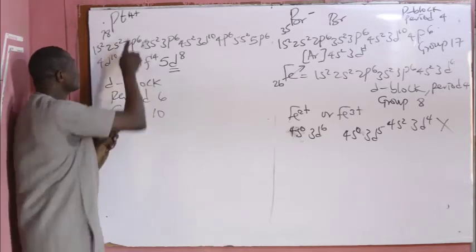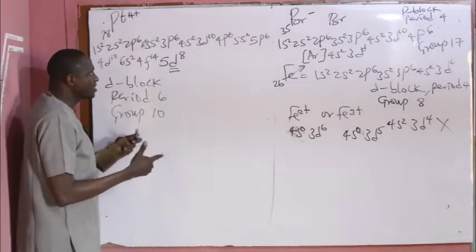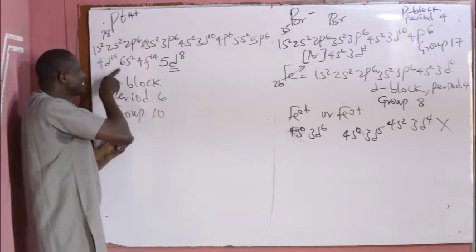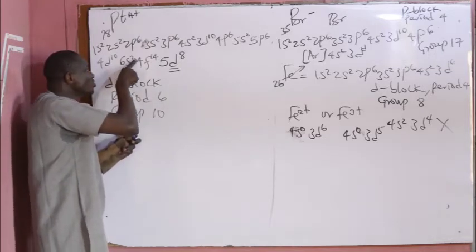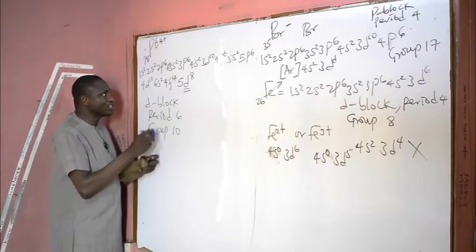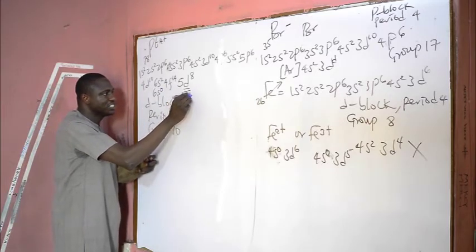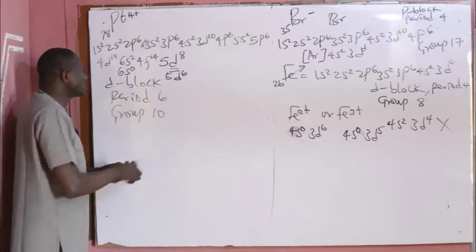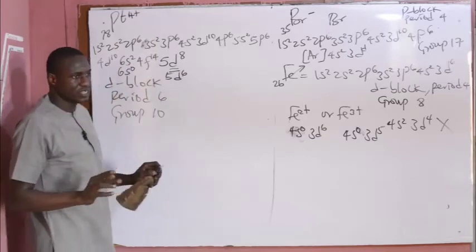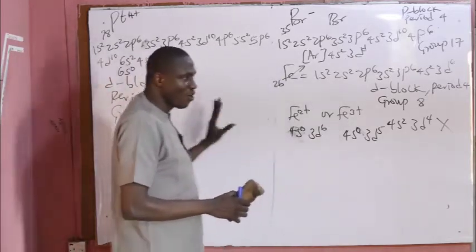Now, this atom has lost 4 electrons. This is not the electronic configuration of the platinum 4+ ion. How do we get that? The highest coefficient is 6s. So this atom has to lose these 2 electrons before losing 2 electrons from the 5d. So that means the configuration will be 6s0, 5d6, and not 6s2, 5d4. That is not correct. So this is how to write the electronic configurations of orbitals.